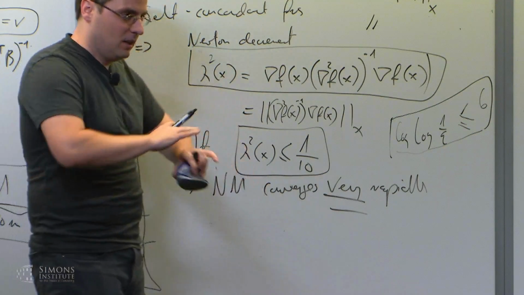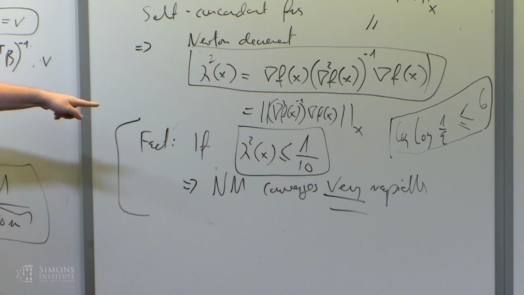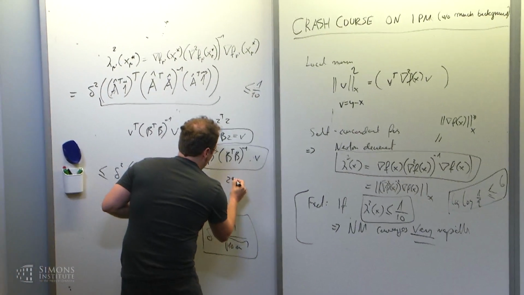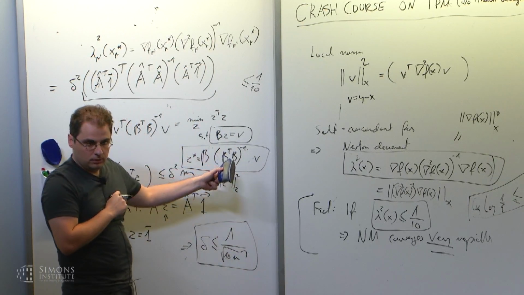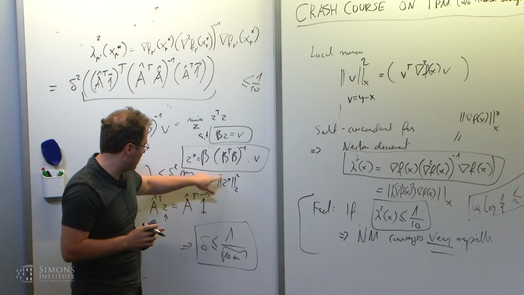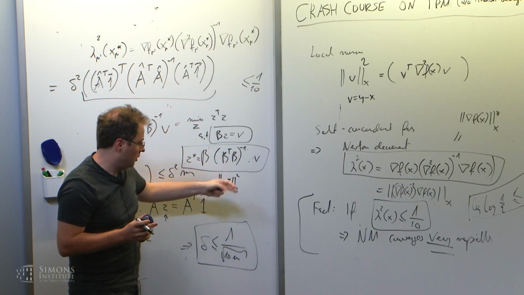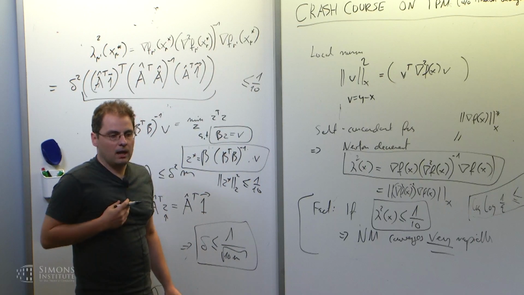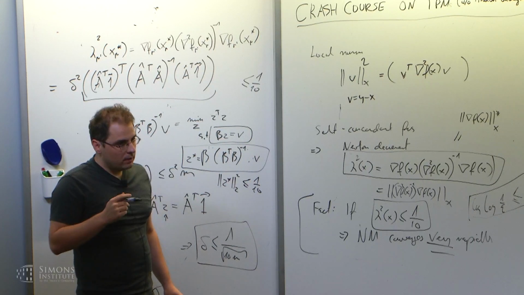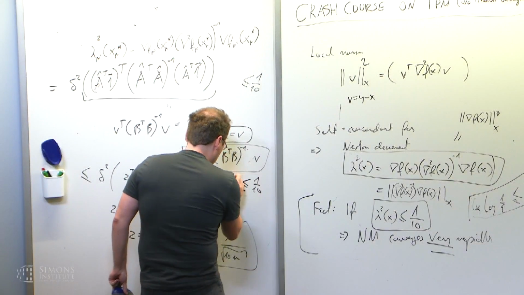So if you have it satisfied, everything is great. This condition essentially corresponds to the Newton's decrement squared, which is exactly the L2 norm squared of this optimal solution. So that's essentially what it's saying: if this L2 norm of the optimal solution to this projection that we are computing here is at most 1/10th, I will have rapid convergence. However, if you look more closely into the proof, you realize that actually,